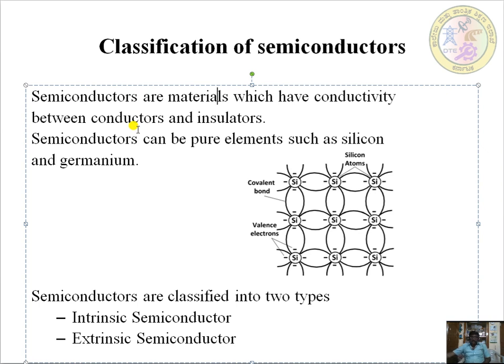Now, how are semiconductors, conductors and insulators divided? Depending upon the energy bands, that is the conduction band as well as the valence band, and the gap in between. Depending upon that difference, we get the conductor, insulator as well as the semiconductor. For the insulator, the energy gap is very high. For the semiconductor it is in the middle, and for the conductor the conduction band as well as the valence band have an overlap. So this is the main thing about semiconductors.